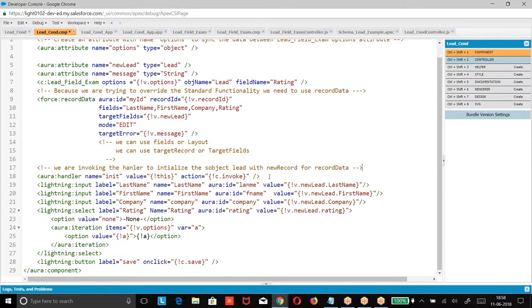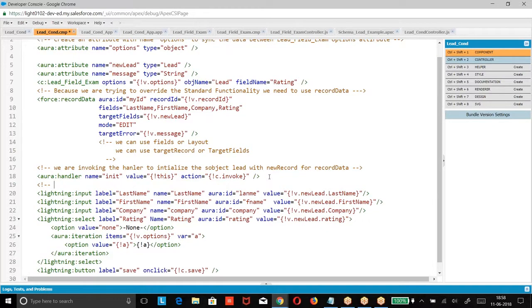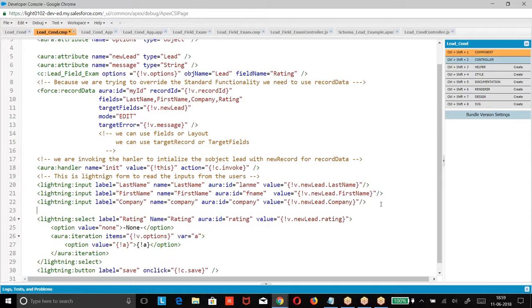Next, we are creating this as a form with inputs, and then we are creating the options based on the options we received.